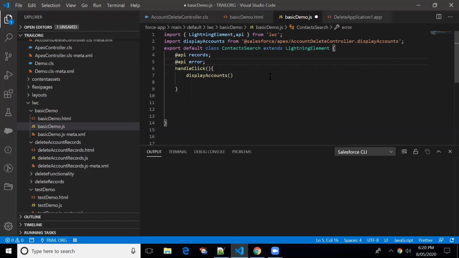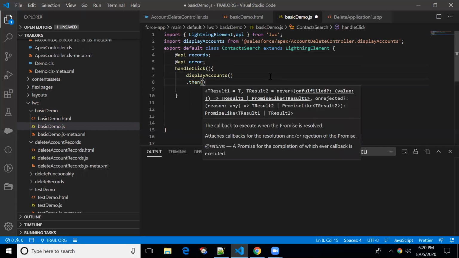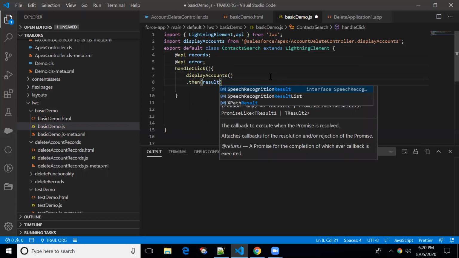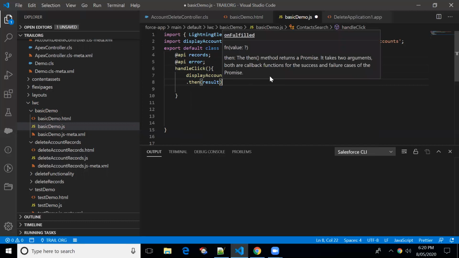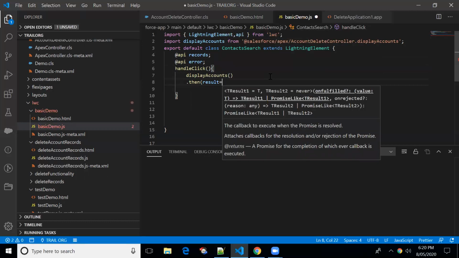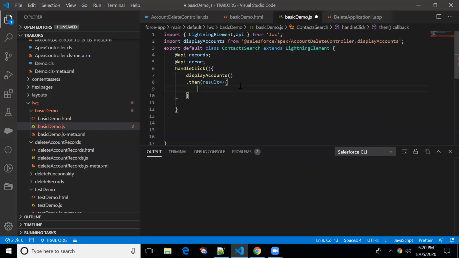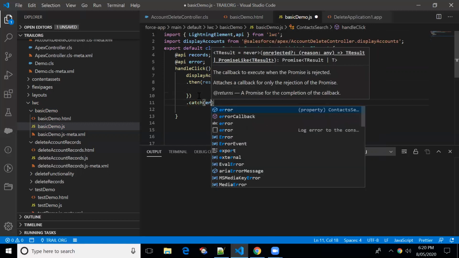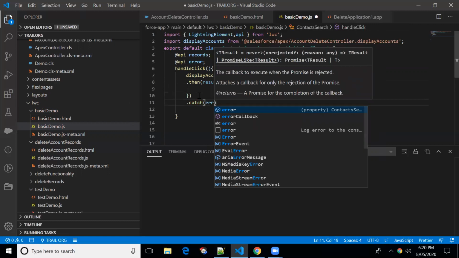So now, then, I'm passing one parameter. You can pass any parameter, result. And the catch block: if something went wrong, then we will be able to find it and catch it in the catch block, error.